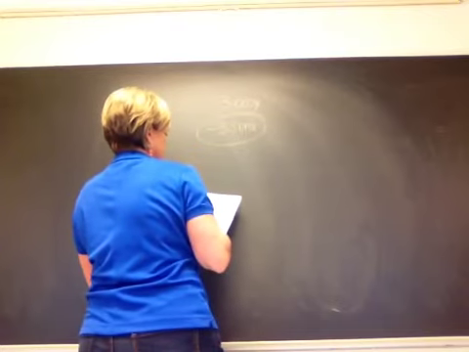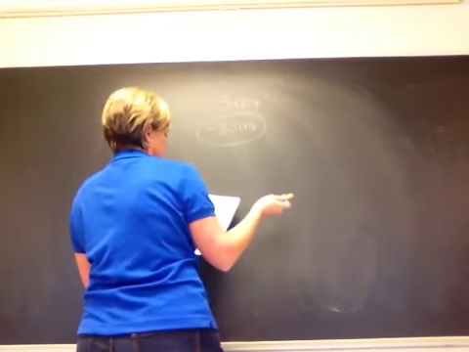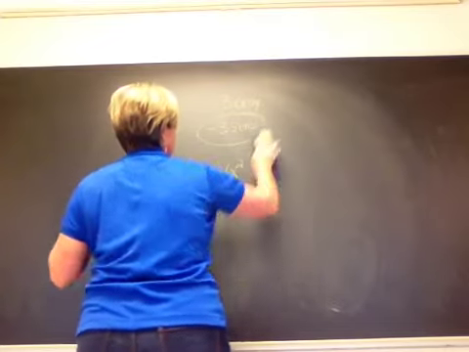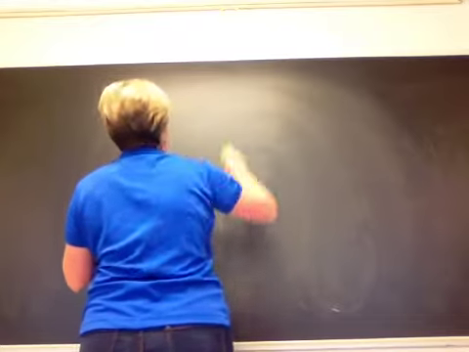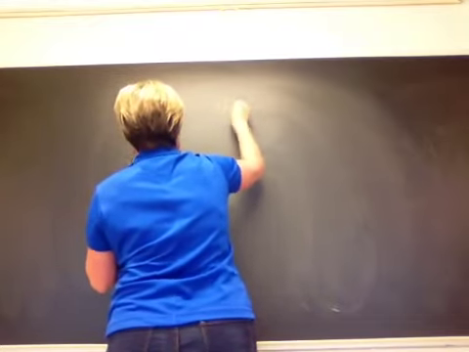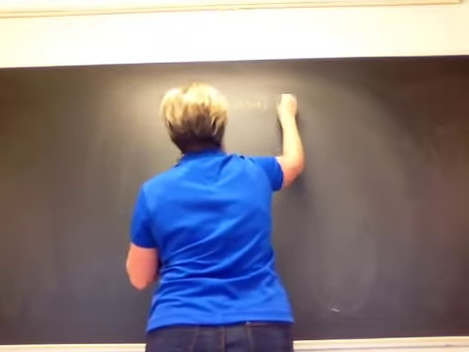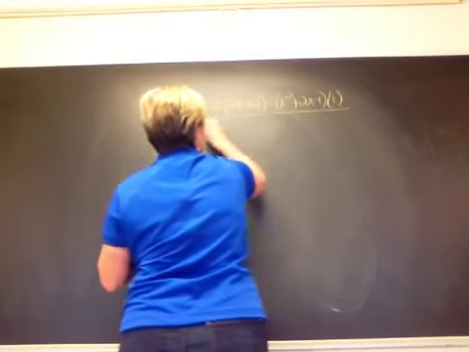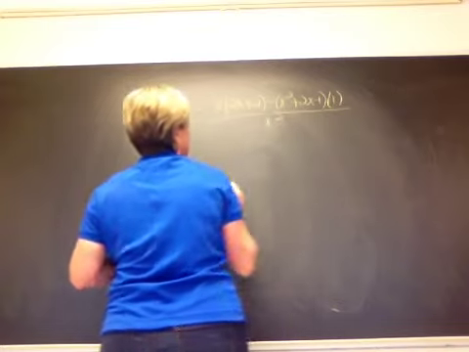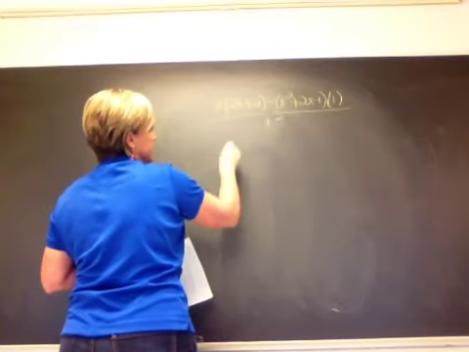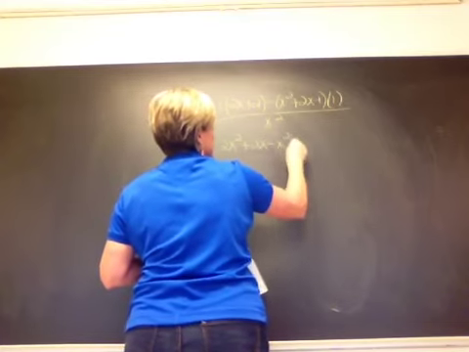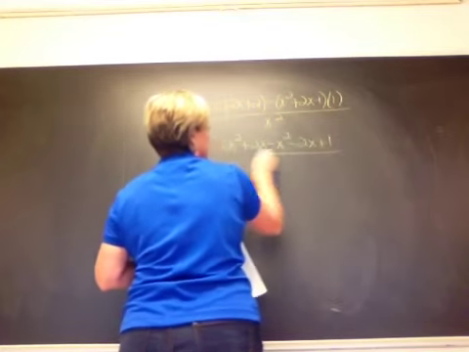25 is quotient rule, and you got to do it twice. So it's bottom times the derivative of the top minus the top times the derivative of the bottom over bottom squared. And you can't reduce anything, so you got 2x squared plus 2x minus x squared minus 2x plus 1 over